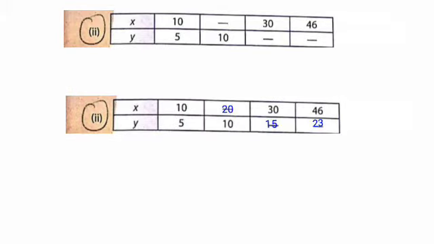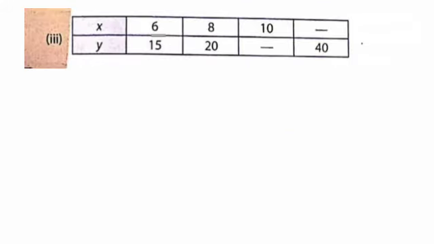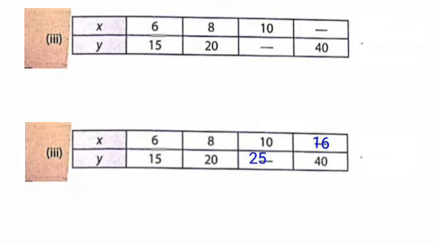Here I have solved question number 1 and 2. Just go through it. Here x and y vary directly and their ratio is 10 by 5, that is 2. So in each case this ratio should be equal to 2. When y is equal to 10, x should be 20, so that it will be 2 by 1. In 3 also I have solved the questions. Just go through it and do as I have done earlier. I have done question number 2 also for you. Just go through it and try to solve all the questions of worksheet 1.